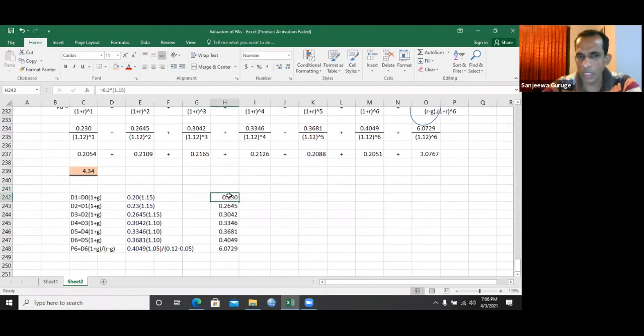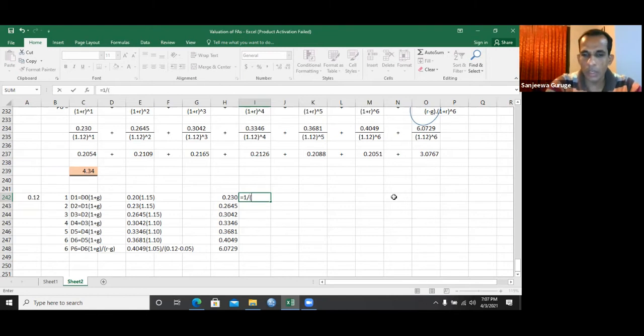Once you calculate this, you can also use the discount factor and calculate the present value. How do you calculate the discount factor? Because here we need the timing of these cash flows. Right, and if the discount rate is 12%, when you are doing this in Excel, that's fairly easy. You can put the discount factor here itself, 1 divided by 1 plus I, where the discount rate is 12%, to the power of this period,